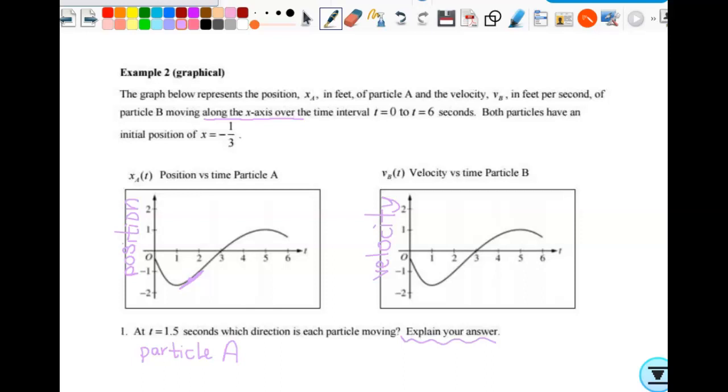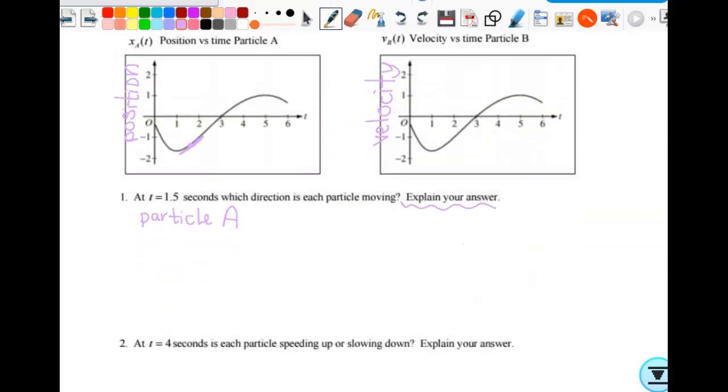All right, so do we agree? Particle A is moving right? All right, so particle A is moving right at t equals 1.5. So guys, why is that slope positive? Because the graph uses a different word than upwards. The function is